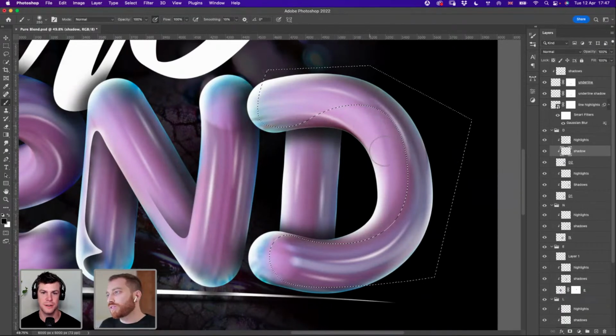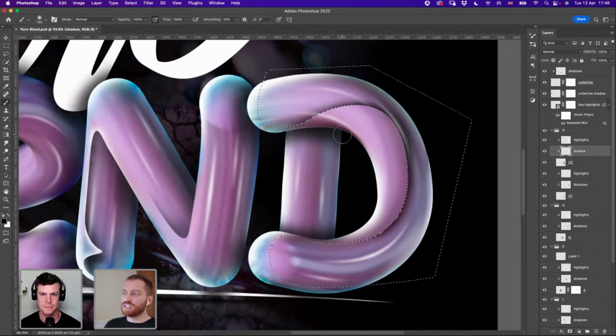Which is a cool way to do it, if you can't group something, or if you can't have them next to each other, to have a color reference. So when you're visually scrolling through your layers, you can say, okay, these guys are all part of the same group, I just can't group them together. Yeah, and I use it a lot, especially when we have, as you said, similar effects or similar objects. I don't do that, and I think I'm going to be doing that now, actually. It's not a bad idea.